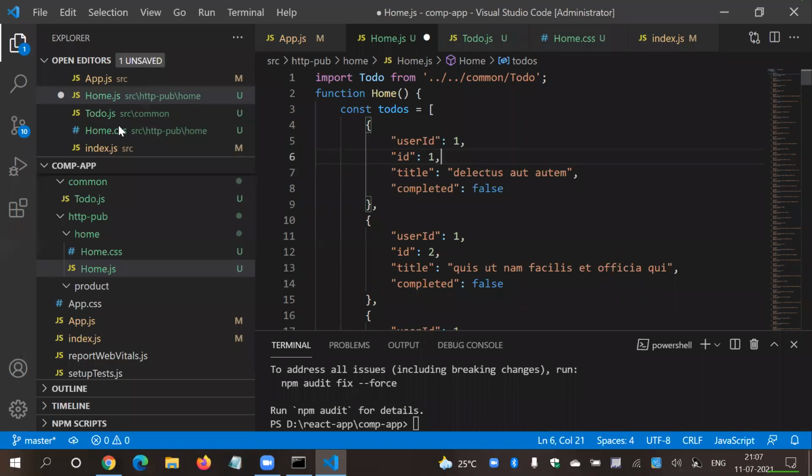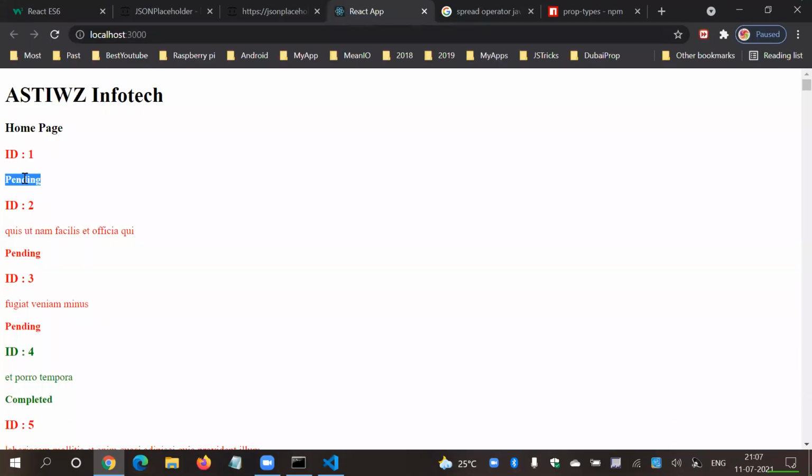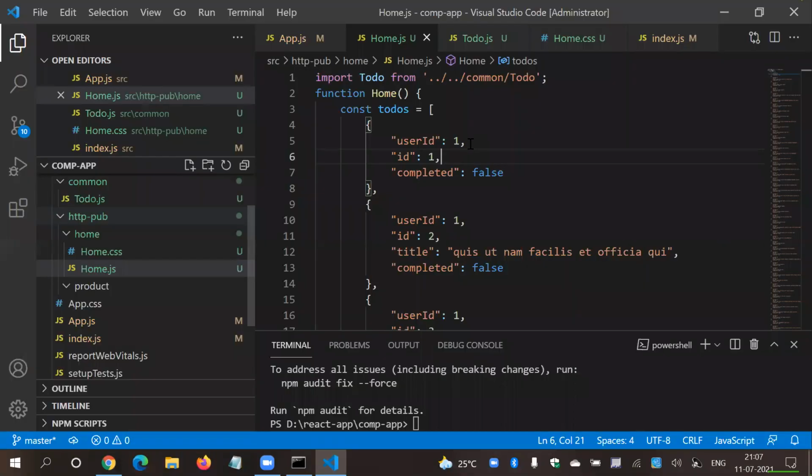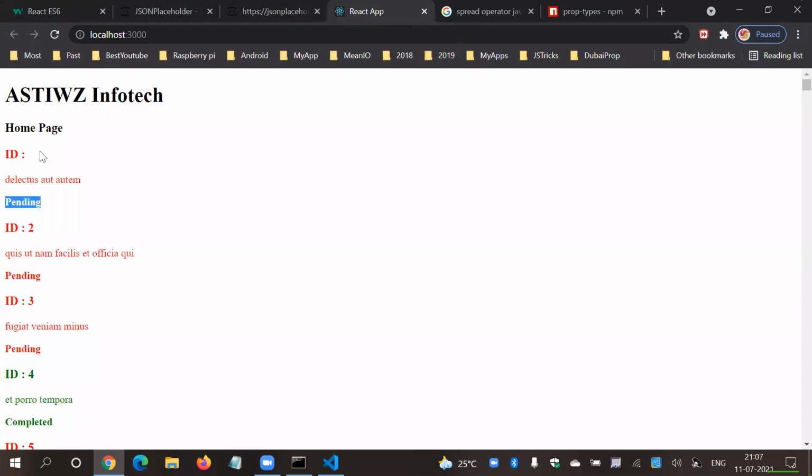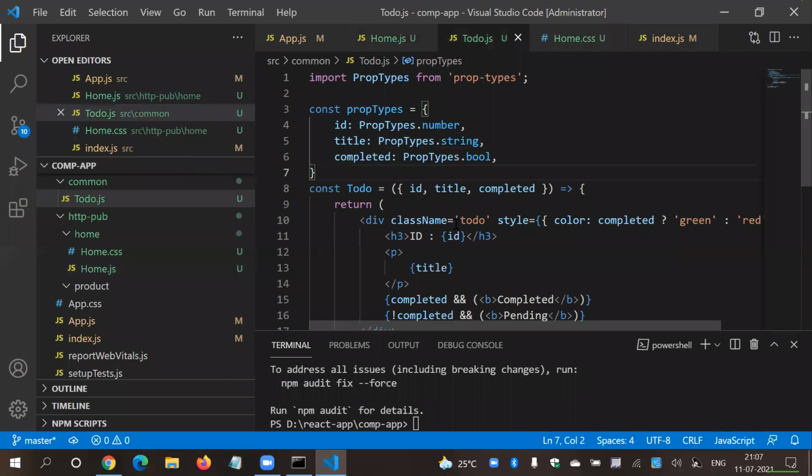It will become nothing, right? Or let's say ID. If there is no ID, what will it show? Null. So we can make it default. If ID is missing, and you want to have 0, simply set a default argument 0. So if there is no ID, then it will become 0.